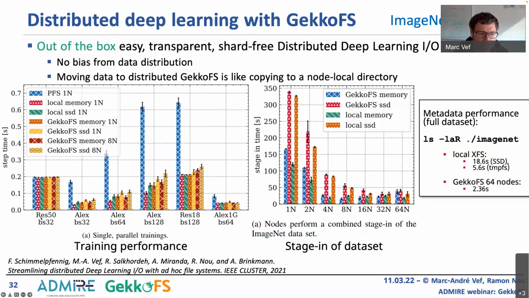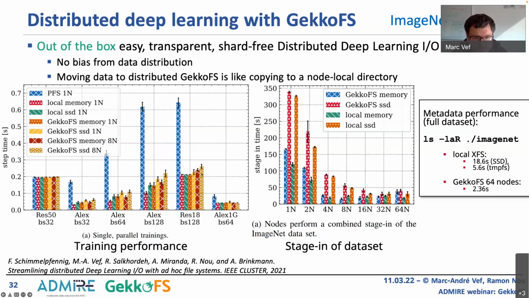ResNet-50 in this case is clearly CPU bound, because it doesn't matter if you use the parallel file system or the local memory. If you have the same performance here, that means it's not IO bound. But for ResNet-18, for example, you see it's much more IO bound. And what you basically see is that the performance,